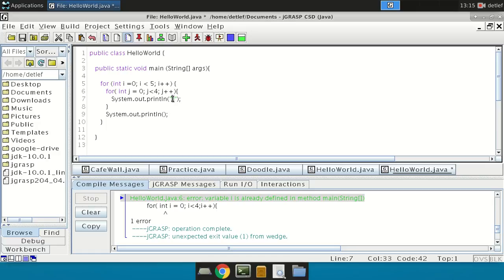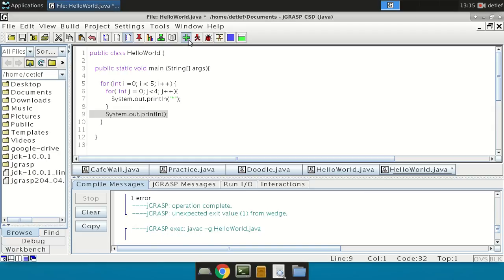Once it's done that, it's going to leave that. It's going to hit enter, essentially, with the System.out.println that's blank. It's going to go back up here. It's going to say, yep, i is 1 now, not 0, but it's still lower than 5, so it's going to print out another 4, hit enter, and it'll keep on doing that until you have 5 rows of 4 asterisks. So if we compile this,